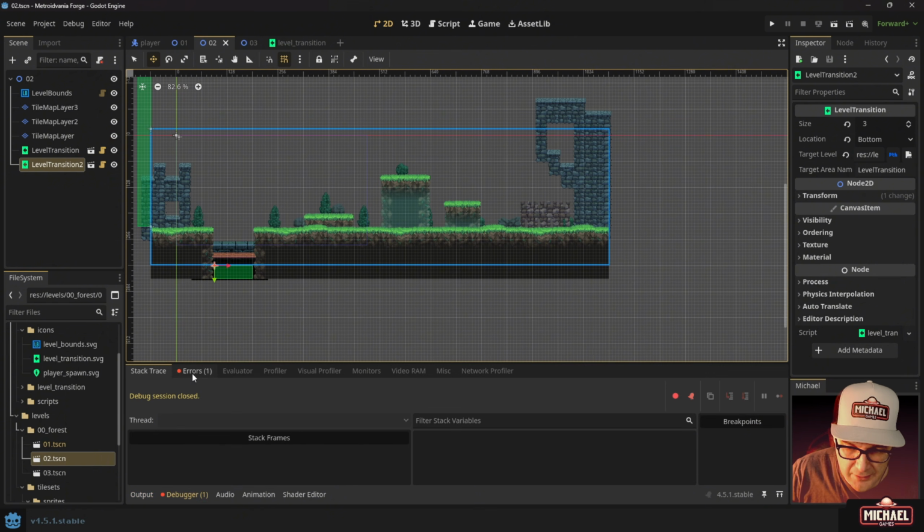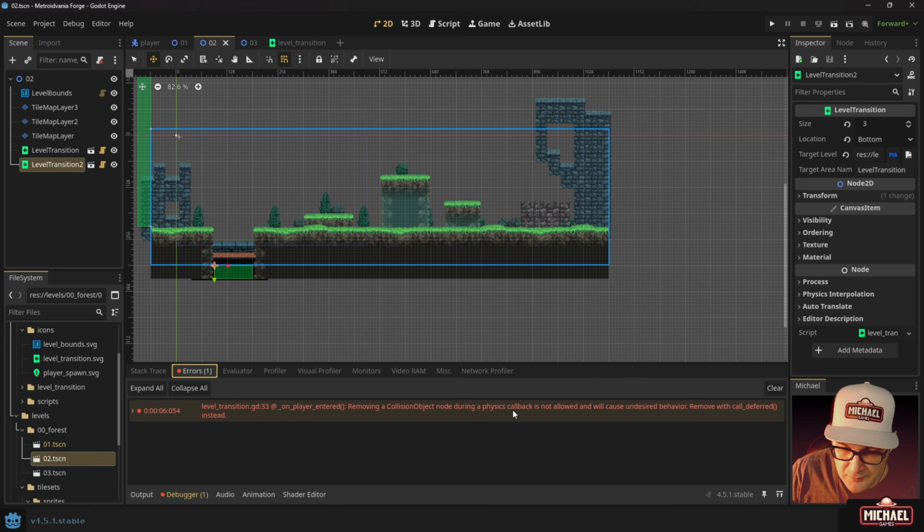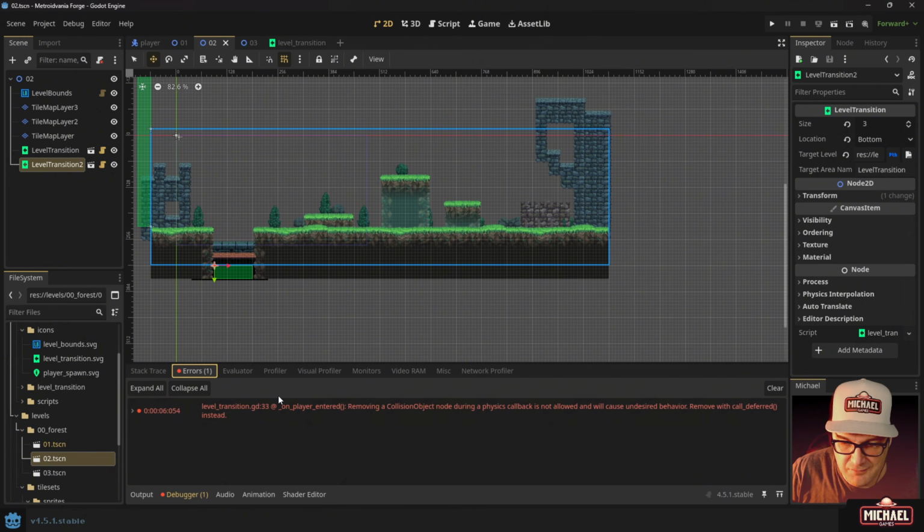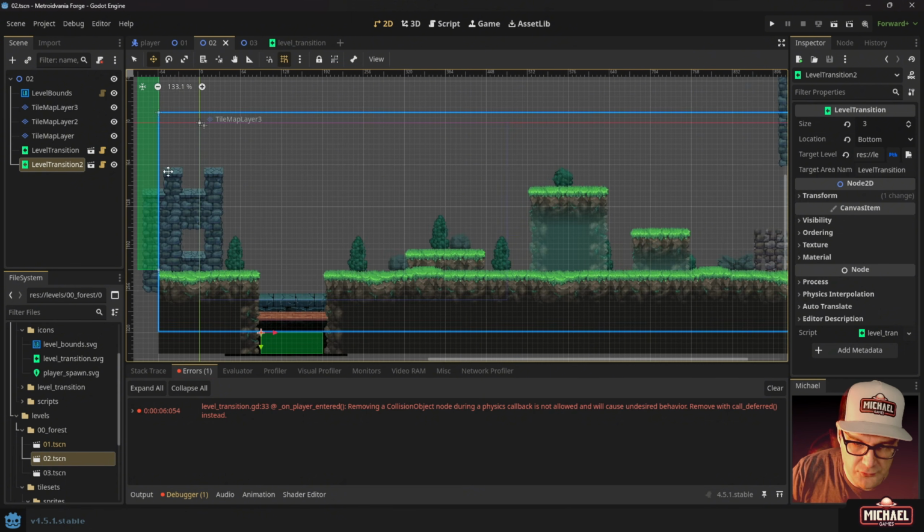Let's look at this debugger error. Removing collision object during no physics call, blah, blah. Okay. We removed something that we probably shouldn't have during this physics callback. You see how we're just running into errors. I mean, okay, we've got a couple things going on. Some of them are going to be harder to debug. Possible solutions. One, when you free a level, you need to make sure you add a new player. You know, so for example,